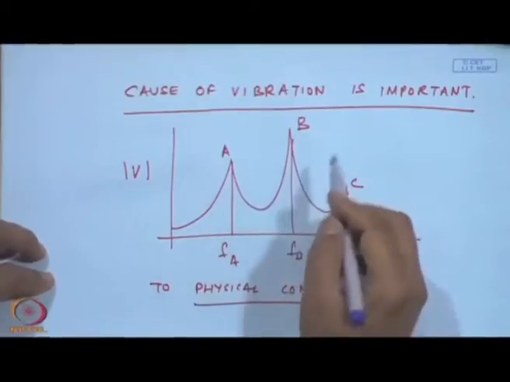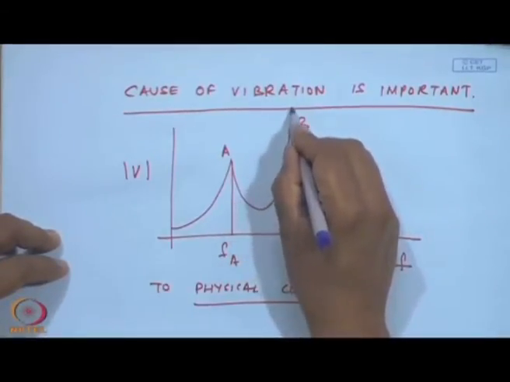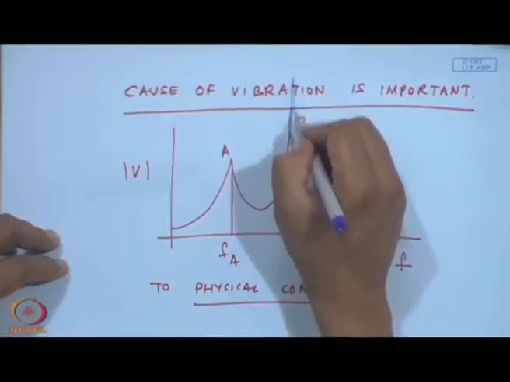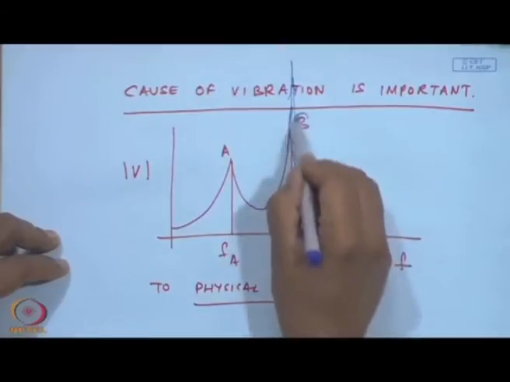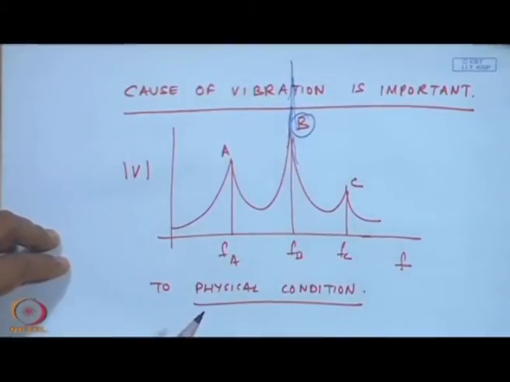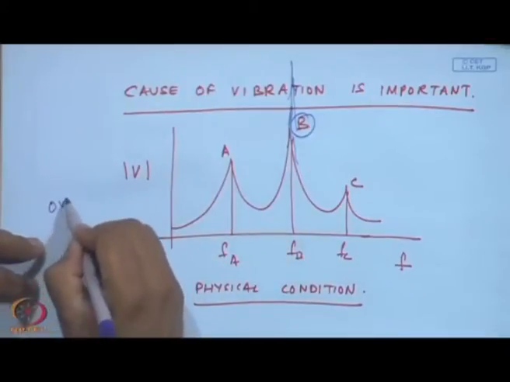For example, if I was doing vibration monitoring in this way, I will be suddenly alarmed if this B was increasing. I will know, well, at all recordings my B levels are increasing. So, something is wrong with B. This should not be possible if I had just seen the overall level,